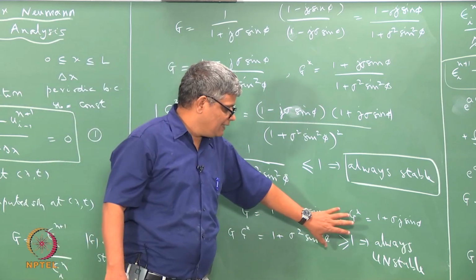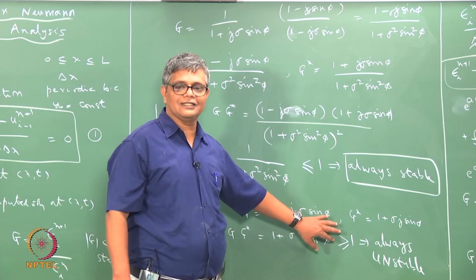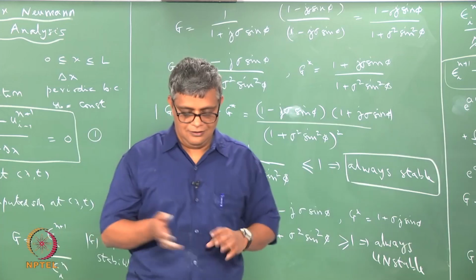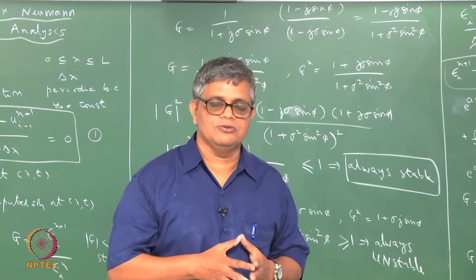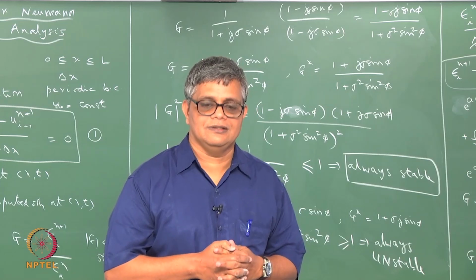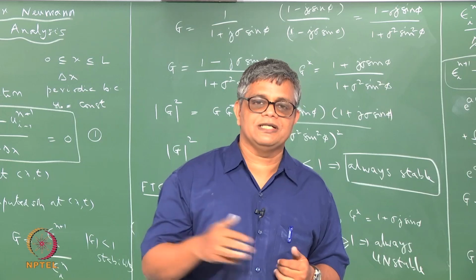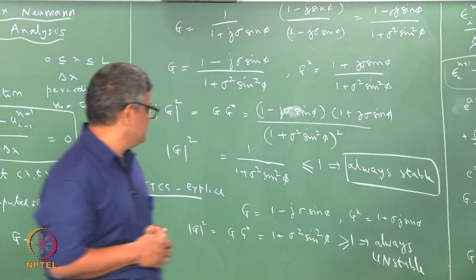But usually when an explicit method is conditionally stable or unstable, the corresponding implicit method is very likely to prove unconditionally stable, and therefore when we go for an implicit method, then we gain in terms of stability, okay,